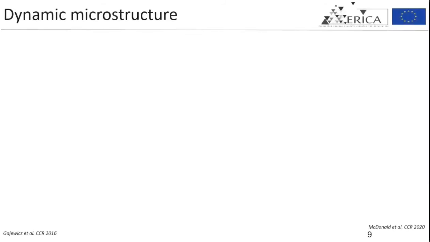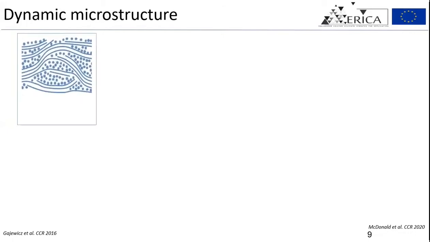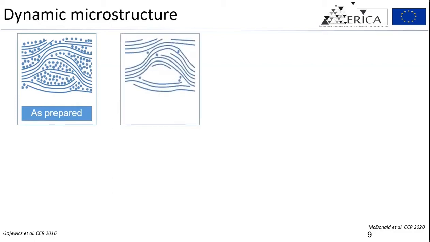Cementitious materials are known to have a dynamic microstructure. Work in literature shows measurements on bulk cement paste using proton NMR to show the presence of a dynamic microstructure. If we start off with an as-prepared sample, which is initially in saturation equilibrium, we will observe pore relaxation behavior with time. After drying the sample, water is removed from the pores, collapsing smaller pores and leading to